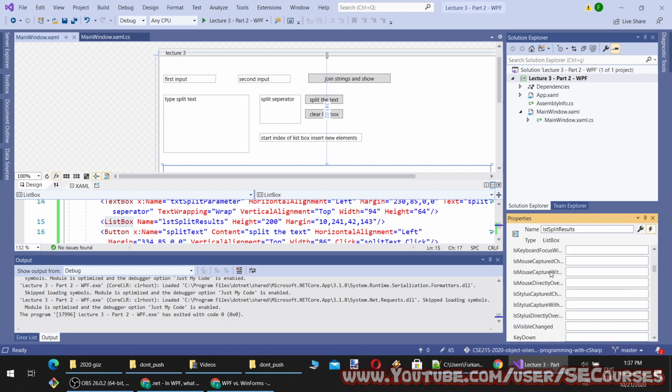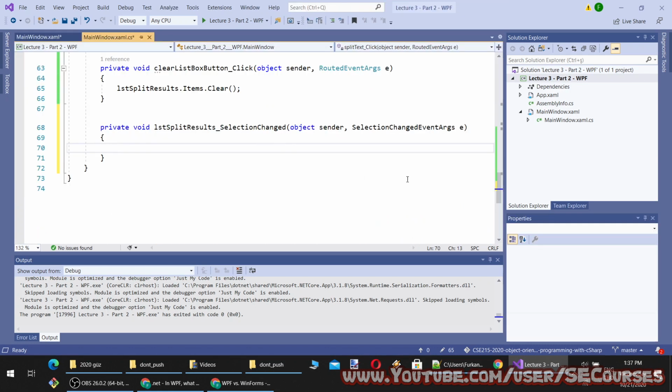So to do that, okay, selection change. Let's make it selection change.